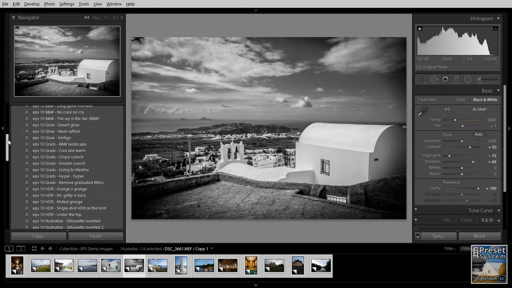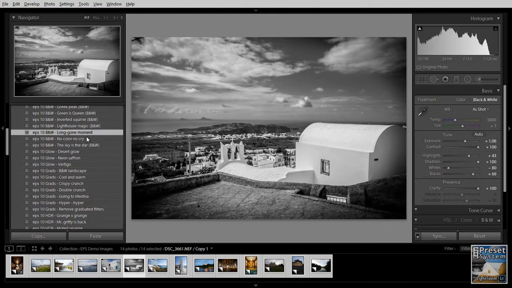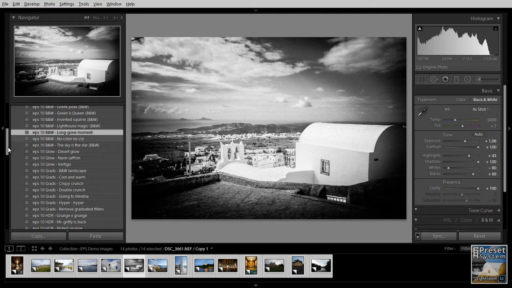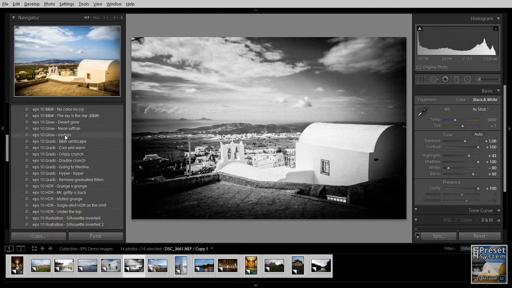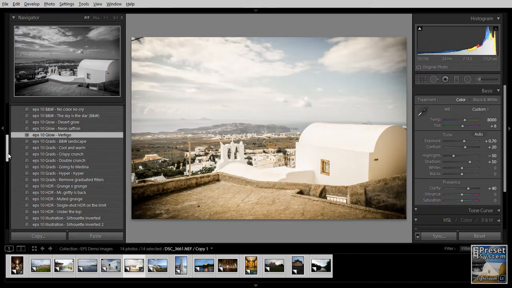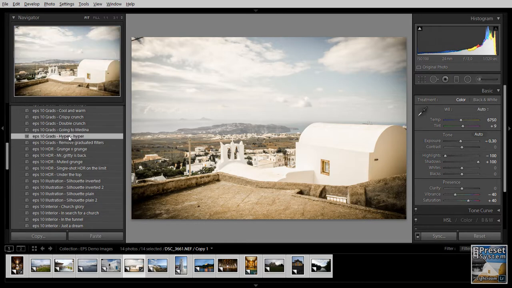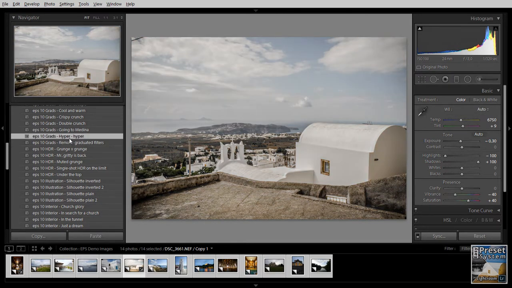If Lightroom decides not to be very sluggish here for a second. And you can apply all kinds of looks to your image right out of the box. I will not go through all of them here. I'm just going to give you a brief indication because